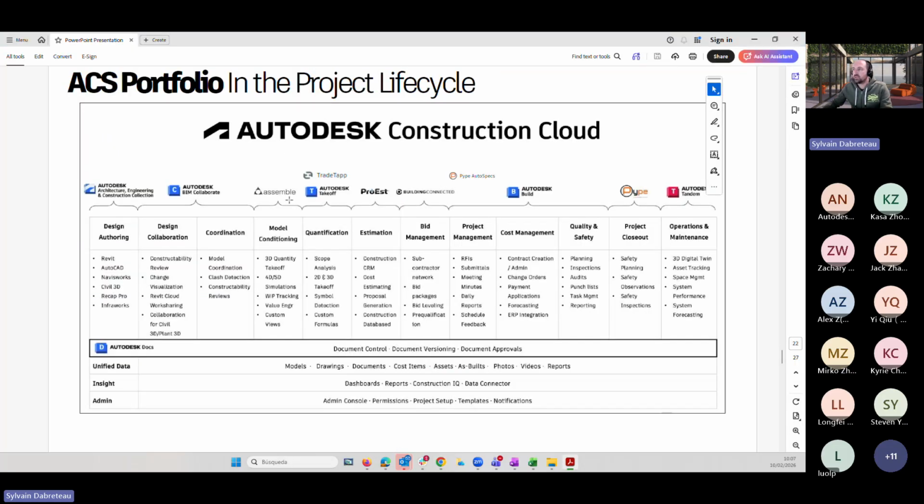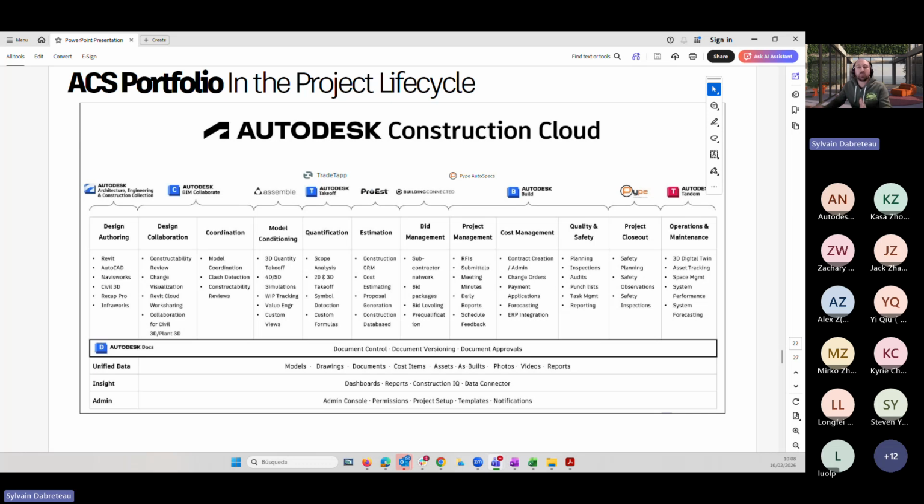The first thing I wanted to show you today is the Autodesk Construction Solutions portfolio, ACC Solutions, to understand a little bit the vision. Why do we have Autodesk Construction Cloud, ACC? Basically, the Autodesk Construction Cloud is meant to be a central point of information and project management for all the project lifecycle phases.